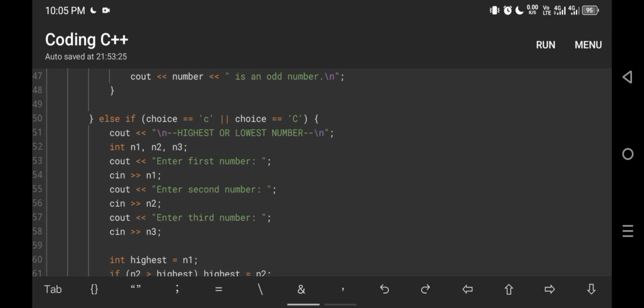If the user enters a first number, it will be stored in N1. And it will print again enter second number. And if the user enters a second number, it will be stored in N2. And it will print enter third number. And if the user enters a third number, it will be stored in N3.